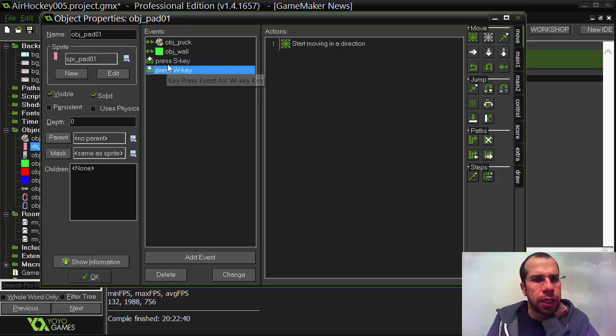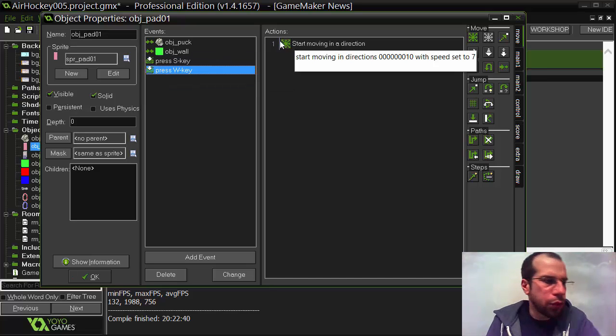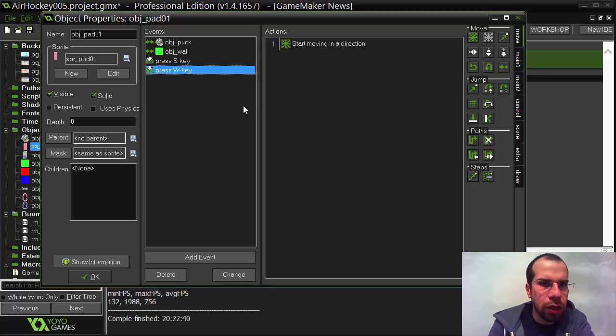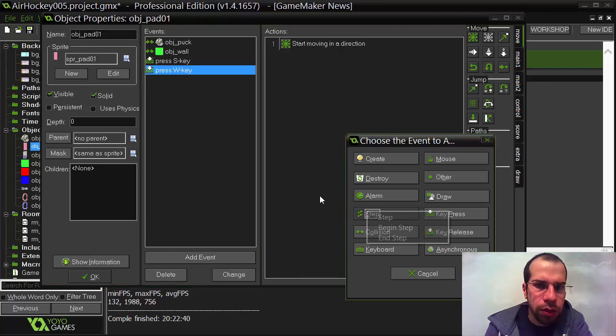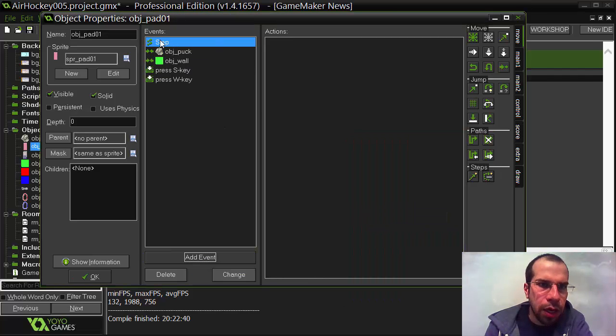And what we're going to do is basically get rid of these and do a better control system. So it's a little bit more work, but it sort of pays off in the future, and it's a really good habit to get into. So first of all, we're going to add our new event, which is a step event. And a step event is something that runs sort of every frame of our game, like with the frame rate kind of thing. So at the moment, our